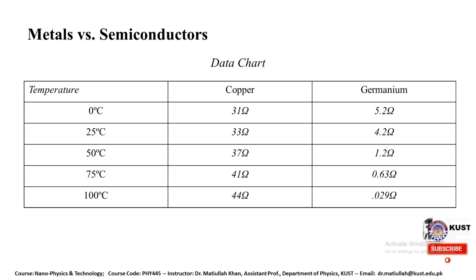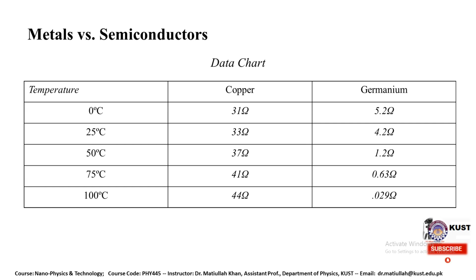This is actually a data chart regarding metals versus semiconductors. We have the example of copper and germanium at different temperatures. At 0 degrees C, it has been shown that the resistance of copper is 31 ohm, while the same for germanium is 5.2 ohm. Similarly, at 25 degrees centigrade, it is 33 for copper and 4.2 for germanium. At 50 degrees centigrade, it is 37 for copper and 1.2 for germanium, and at 100 degrees centigrade,